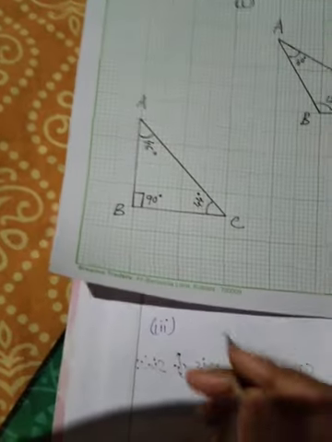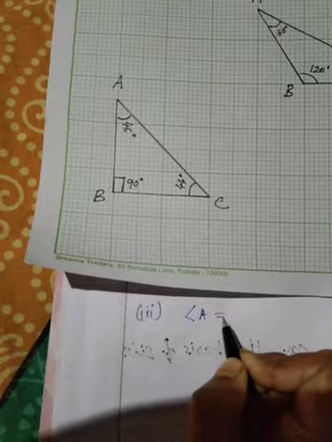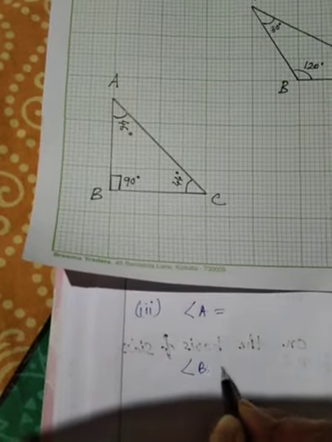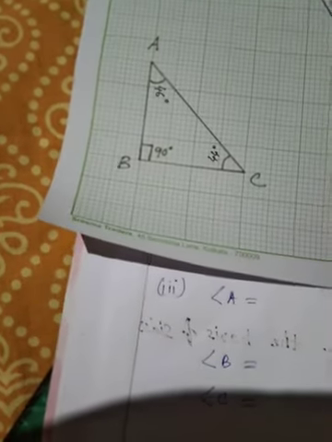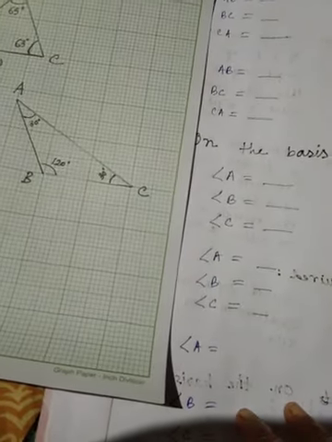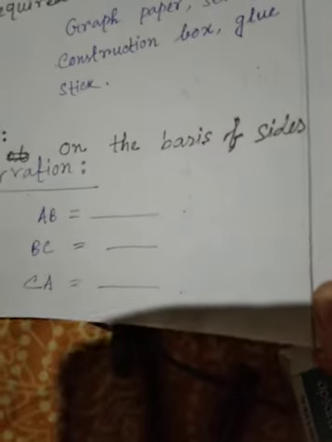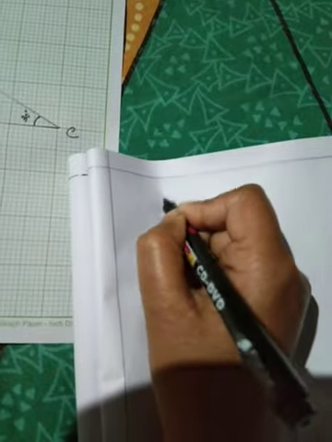So here also, from figure 3, how much angle you are getting from B and from C, and which type of triangle this is, that part you have to write in the observation part. So on the basis of sides as well as on the basis of angles, whatever triangles you are getting by comparing their sides, now you will easily be able to write in the result part. So for result you have to write